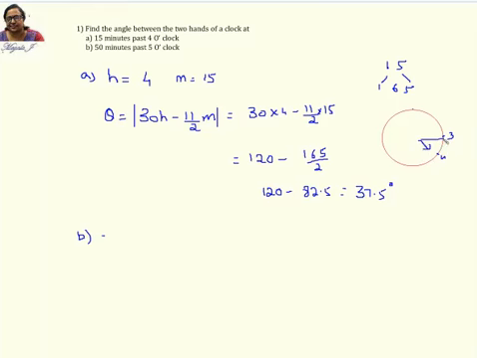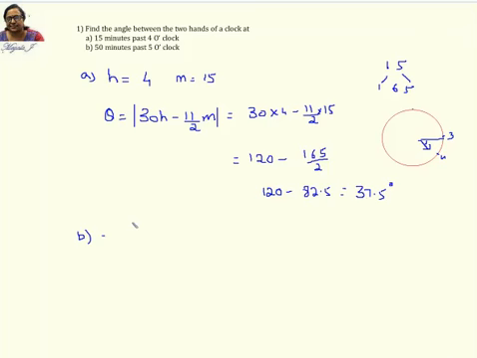So approximately you can see there is one division, so it's going to be 30, but exactly it will not be at 4. It would have moved by 15 minutes. And our hour hand for 15 minutes will move by 15 by 2, that is 7.5 degrees further. So 30 plus 7.5 is 37.5. So always keep this in your mind whenever you are trying to find this angle: approximately where the hour hand is going to be, where your minute hand will be. That will be easy for you to locate, right?